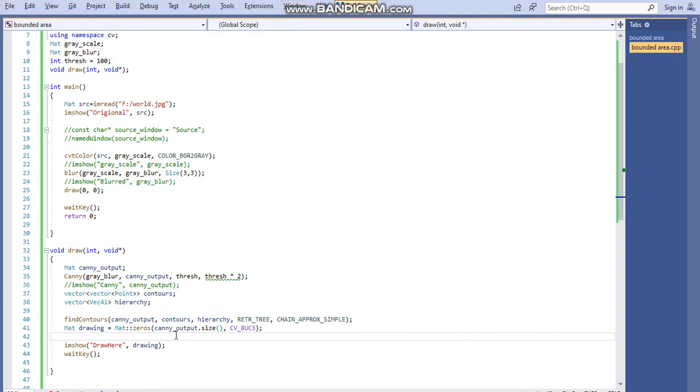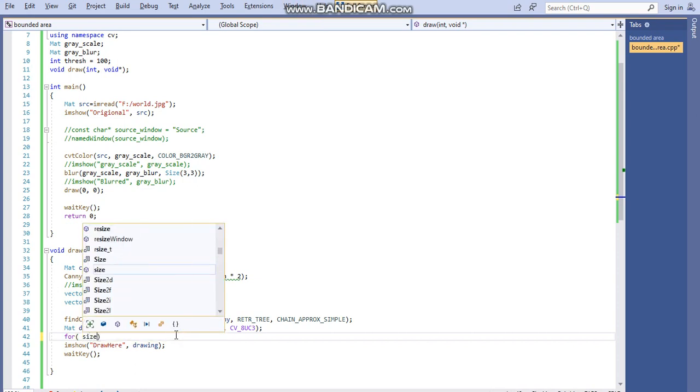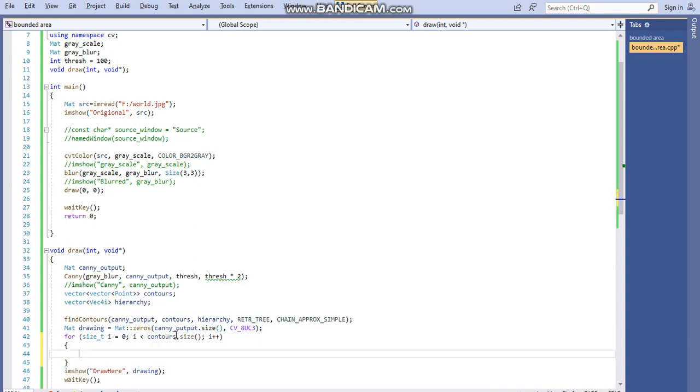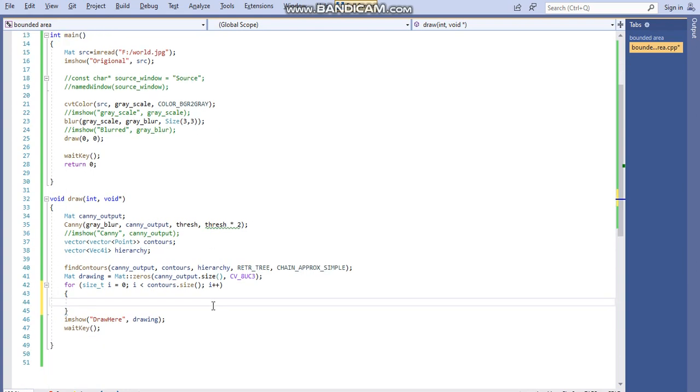So just write for, size underscore t i equals 0, the data type of i is size underscore t, i is less than contours dot size, and then i plus plus. Give a body for this.